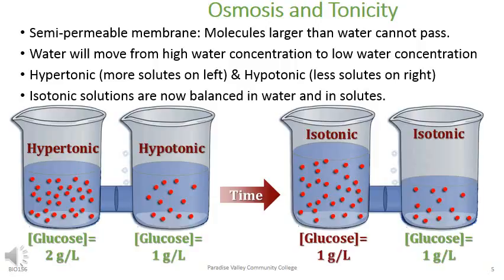And because we still have the original amount of water that we started with on the hypotonic side, that's going to be your high concentration of water, and that's why it's going to move down that concentration gradient